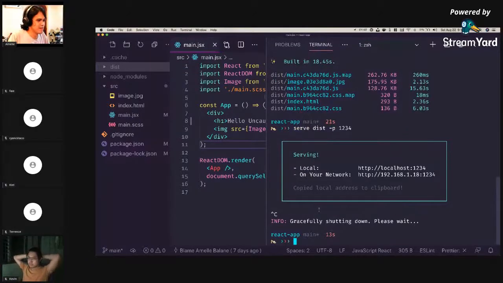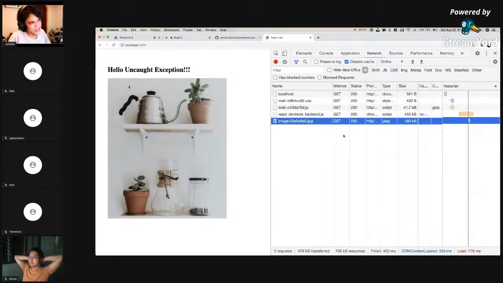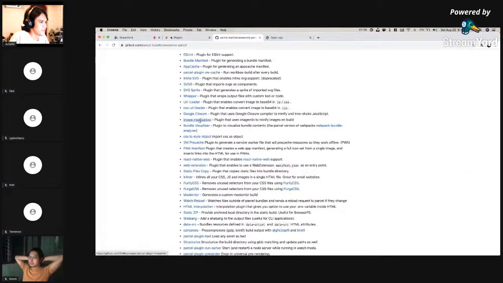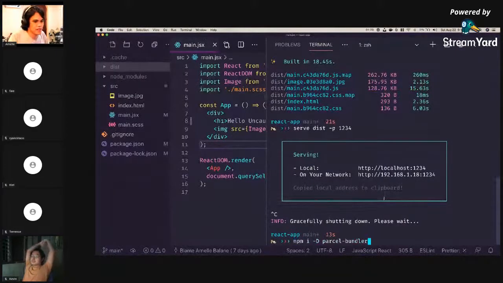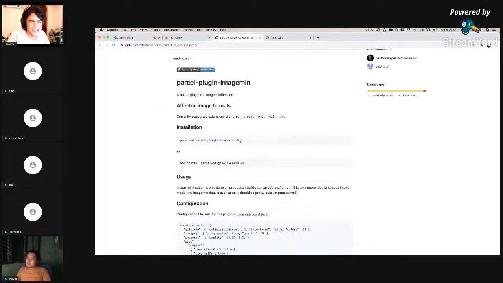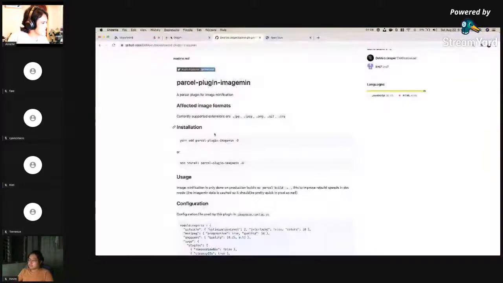So let's try to use a plugin. Our sample image here is like 180 kilobytes. Let's try to use the image minification plugin here to compress our sample image. So here we install it. I have to use a specific version because the latest version apparently only works for the beta, I think, or a future release of Parcel. But the idea is to just install the plugin. Okay, while we're waiting,